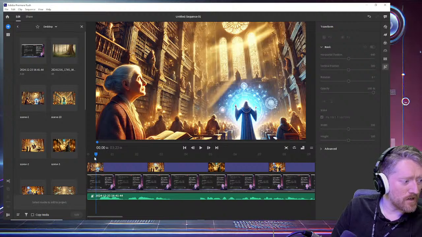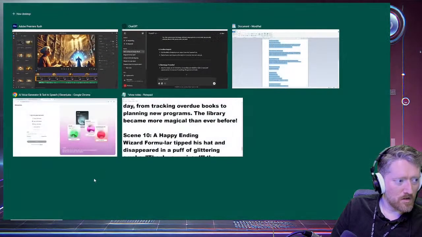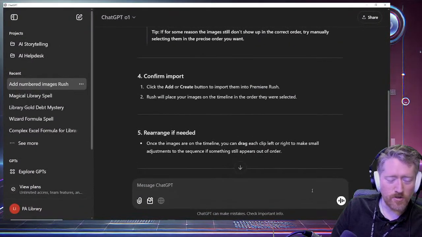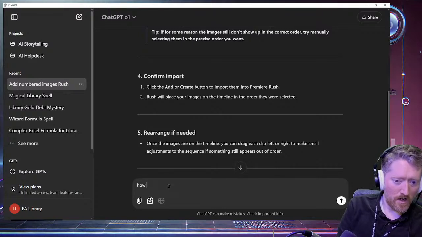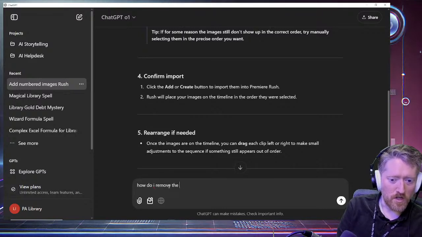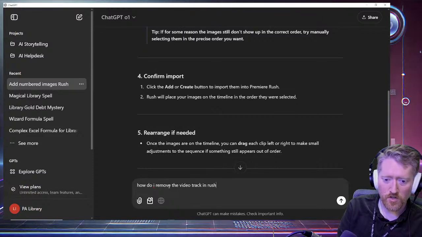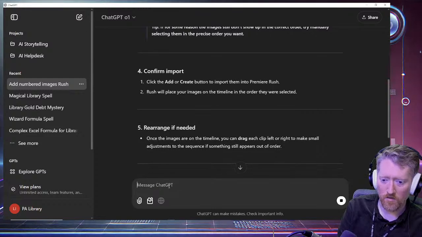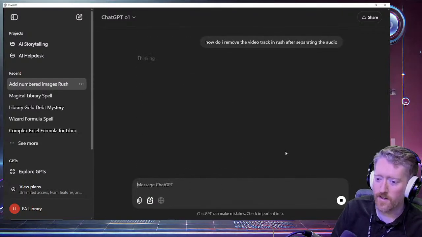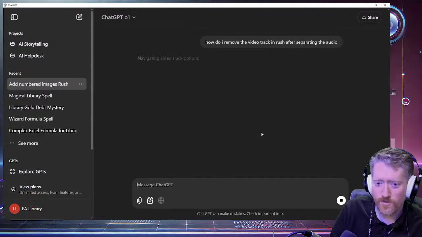Okay, I think obviously we're gonna trim this down. Right, and for our next trick, how do I remove the video track in Rush after separating the audio? See, you don't need to know how to use the editors. You just ask it questions, and then it will